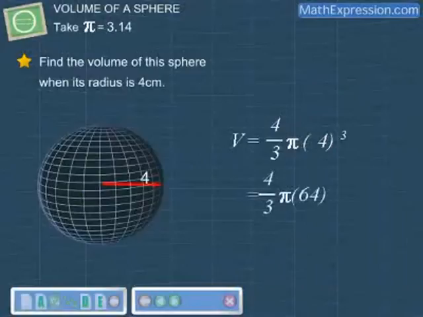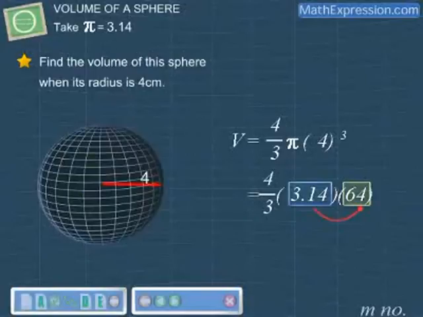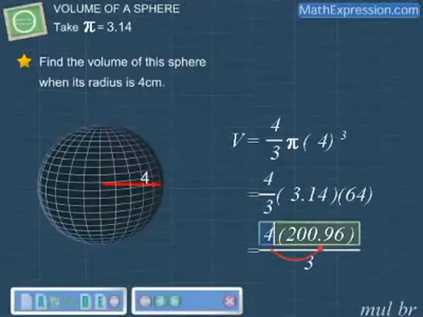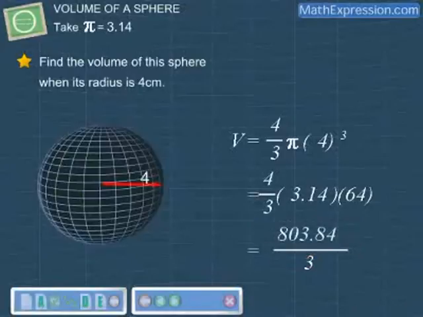Next, since pi is given as 3.14, we can substitute this pi with 3.14. From here, we can find the volume by calculating these numbers. 3.14 multiplied by 64 gives 200.96. Now, this term is the same as 4 times 200.96 over 3. We can multiply 4 with 200.96. This gives 803.84. Next, 803.84 divided by 3 gives